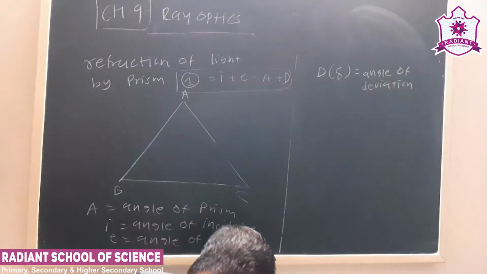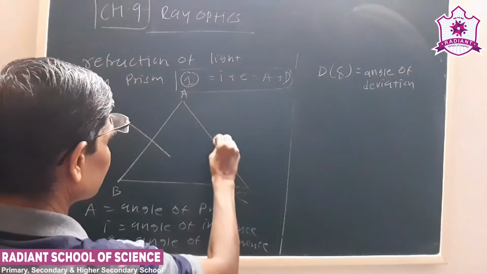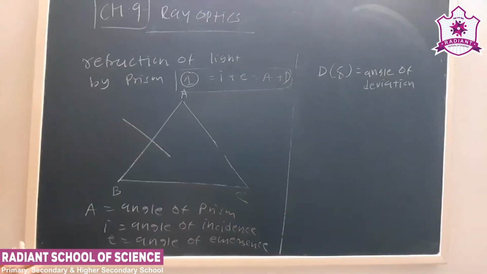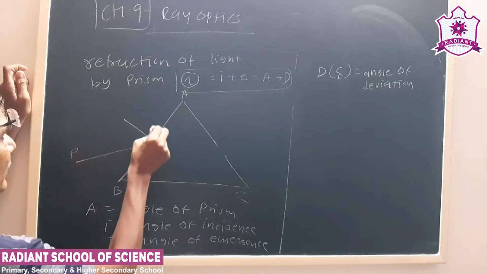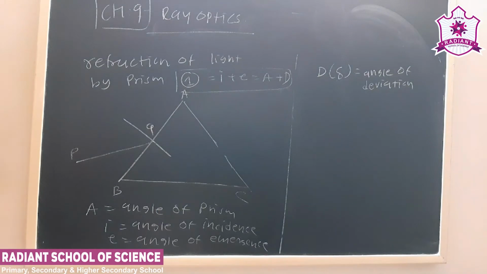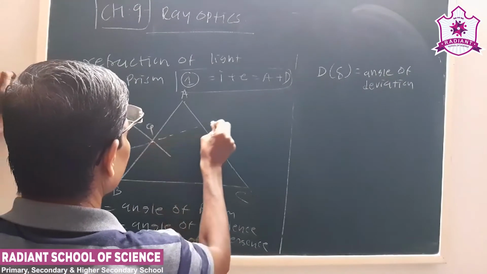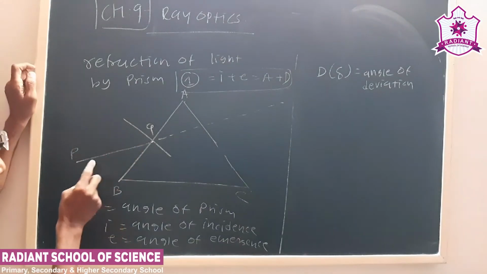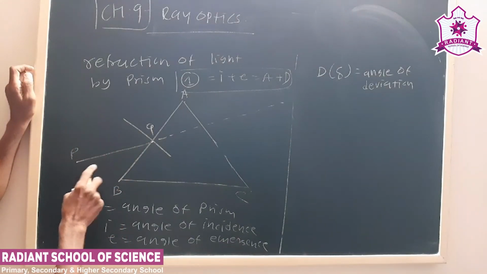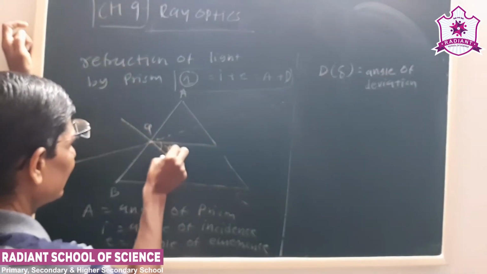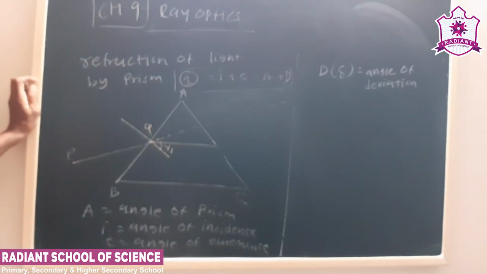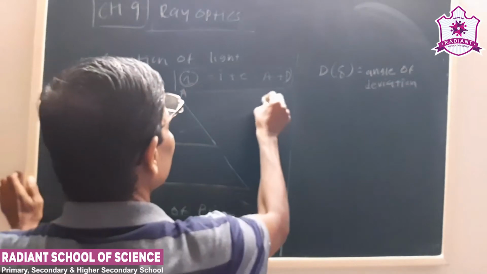Now see here, we have to take refraction due to prism. Now let us say this is a normal to AB surface. Now see the first ray. Let us say PQ is incident ray. Now this is the original direction. But we know when it travels from a rarer medium to a denser medium, it bends toward the normal. Let us say the first time refraction takes place, angle is R1.